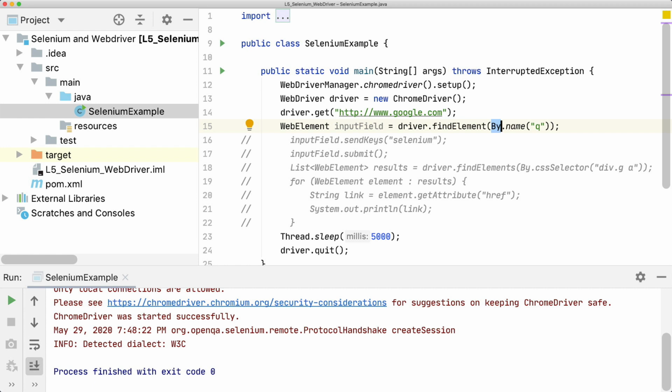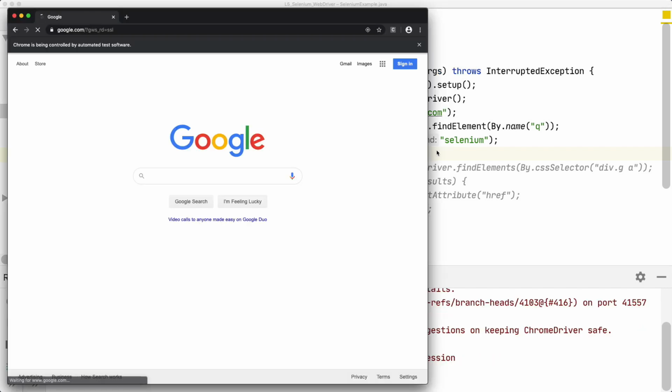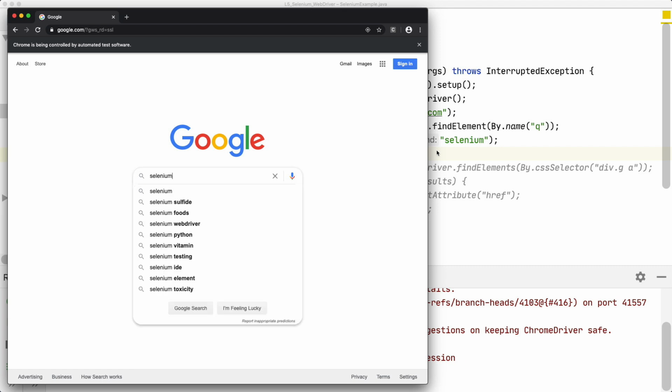Unfortunately, Google's search website doesn't have nice IDs or class names for the search bar. In the browser, we can find details like that by right-clicking on the page and choosing Inspect. It does have a name attribute, though, and there is a By.name selector. So let's see if that gets us what we want. To test if we have the right input element, we can also call .sendKeys on it with the string we want the driver to send to the element. Then, running the script, we see that the browser navigates to Google, and then the word Selenium appears.